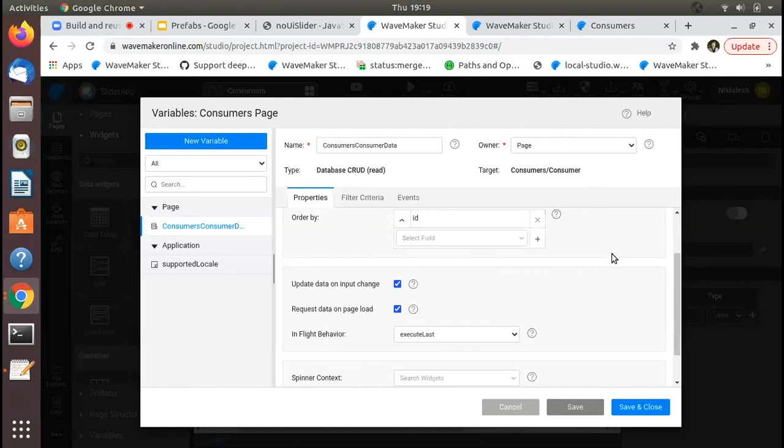I have shared the link for a list of connectors where you can design your own Java connectors, which do all the heavy lifting. For example, parsing an Excel file and giving you the data, and then you can take the data and insert it into your database tables. So I've shared the list. You can go through it, and just like prefabs, you can build your own custom connectors.